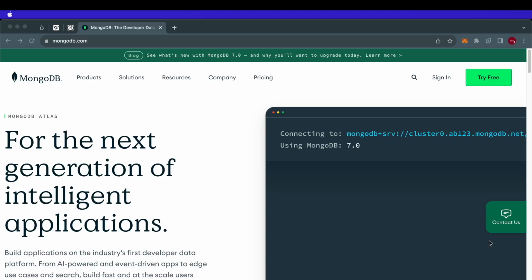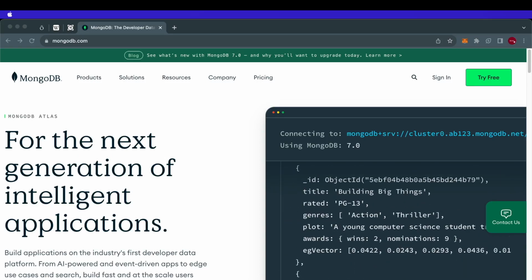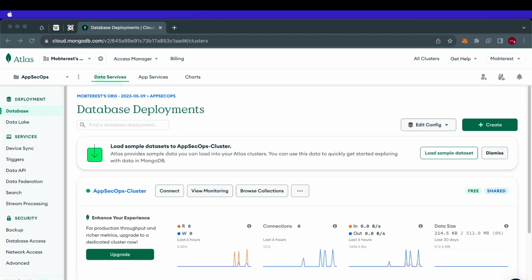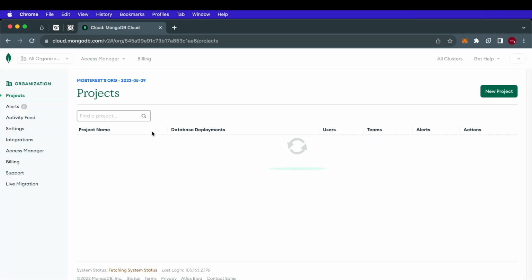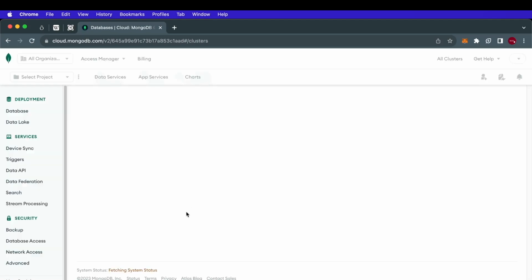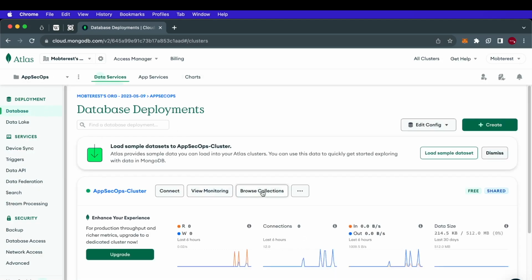In this lesson, we'll focus on MongoDB integration. MongoDB is among the NoSQL cloud databases. So we'll start by signing in. Inside MongoDB Atlas, we'll be able to see some of the projects we have. If it's your first time, you'll need to create a new project and enter a project name. Inside here, once you have a project, we'll be able to see some of the databases that we have by